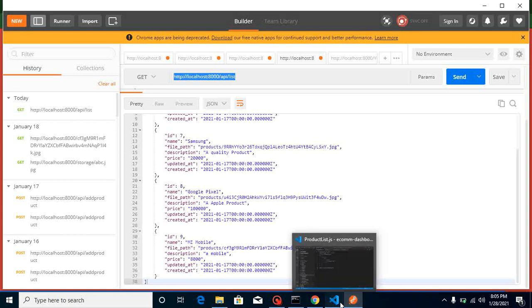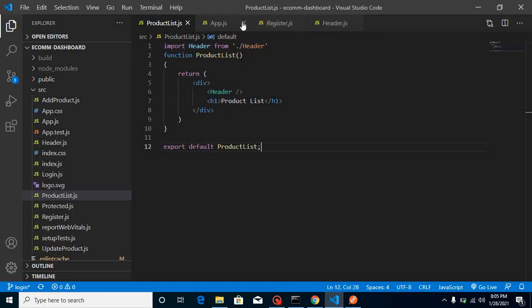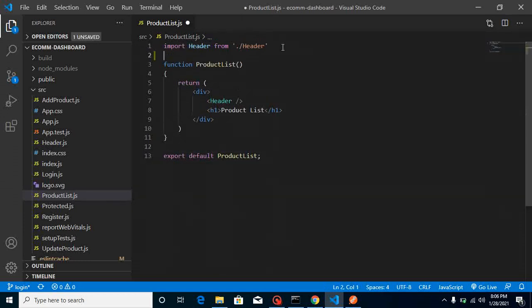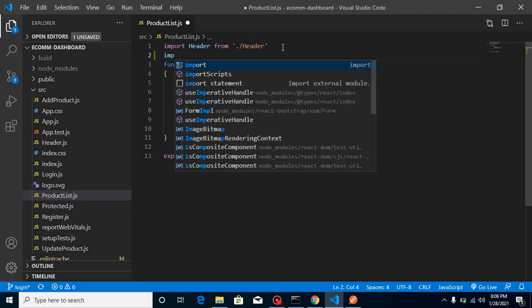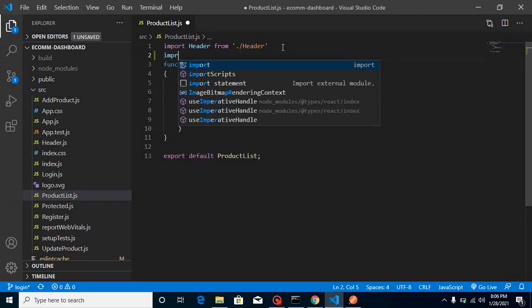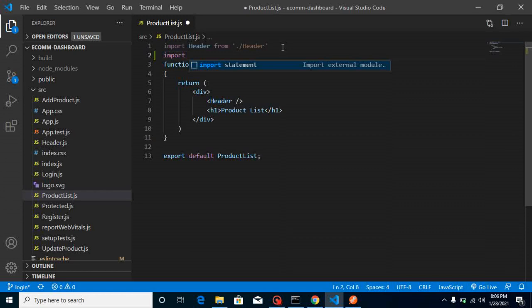So now let's integrate. I'm directly jumping onto the ProductList.js component, and let's import React from the React library, and after that we can import useState and useEffect.